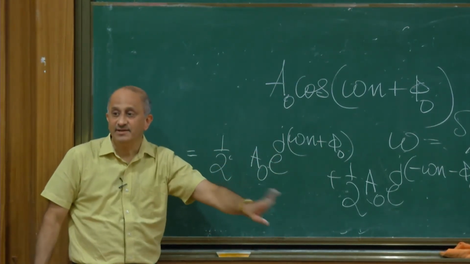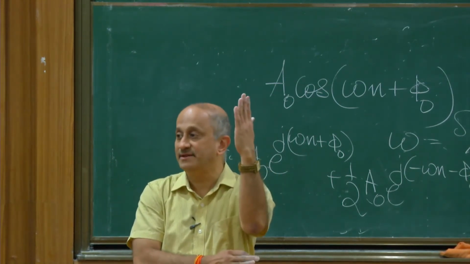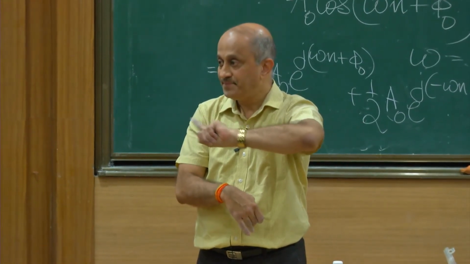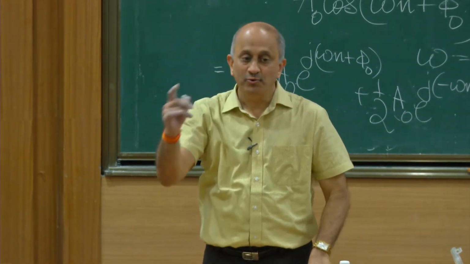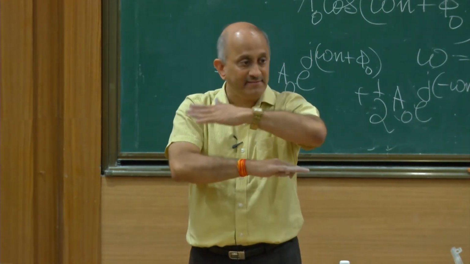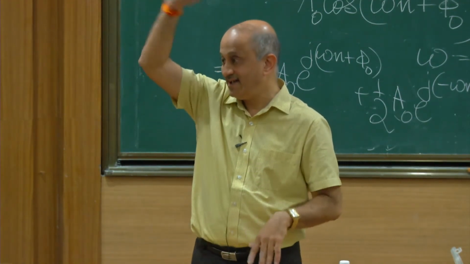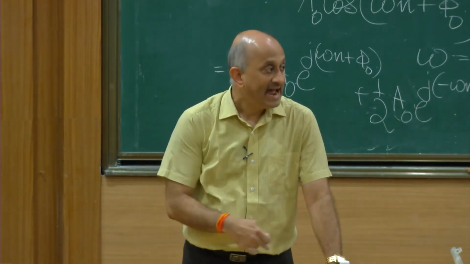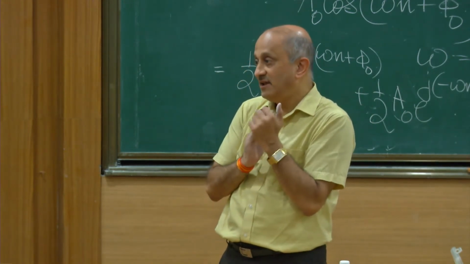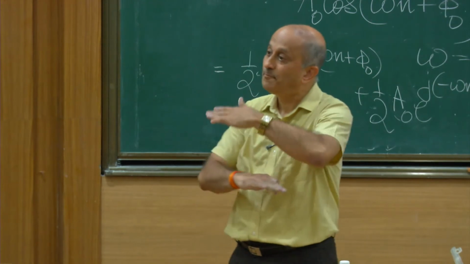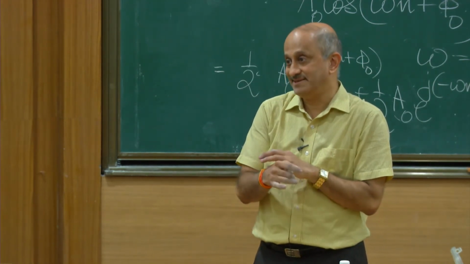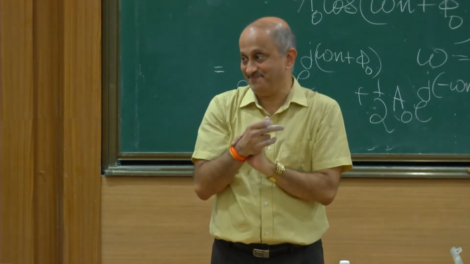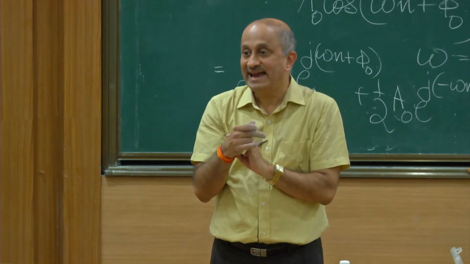So what is the physical interpretation? You have two complex numbers rotating in opposite directions. If you think of omega as an angular frequency and n as the time index, can you visualize that? There are two complex numbers which are rotating. One of them is rotating with a positive angular velocity omega, the other one with a negative angular velocity. And they come together to form a sine wave. In fact, any sinusoid is really a combination of two oppositely rotating complex numbers. Can you see that from here? Now let's focus our attention on any one of these.